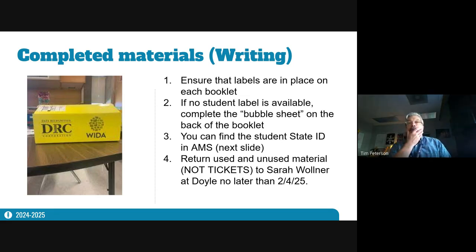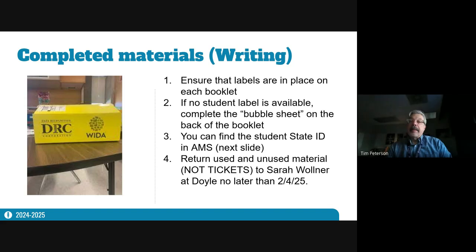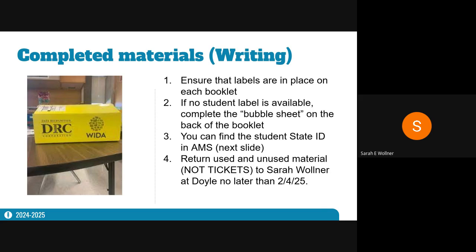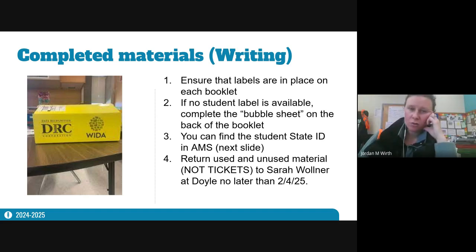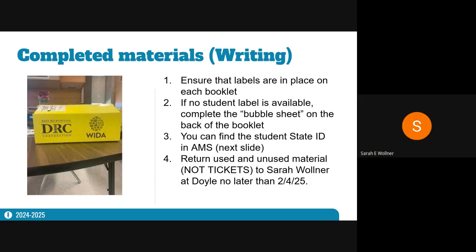Okay. So unused materials. Jordan, let me just check on that. Sarah, what do you think? That's used for research purposes and it shouldn't affect the scoring. So it's up to you whether you'd like to complete it or not. Okay, thank you. Our CC staff was asking, and with our bilingual coach out, I just wanted to ask before I dug through the information. Yeah, great question. Thank you.